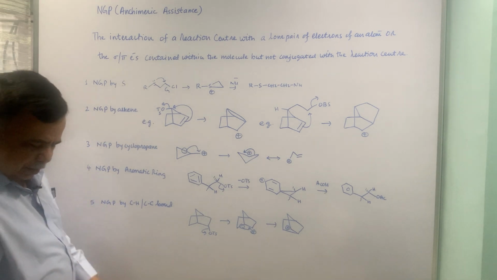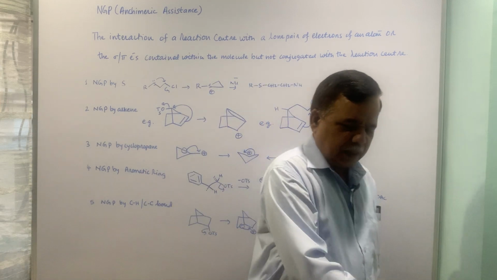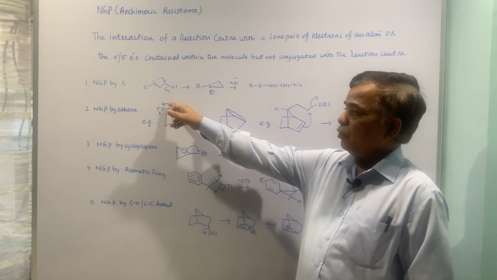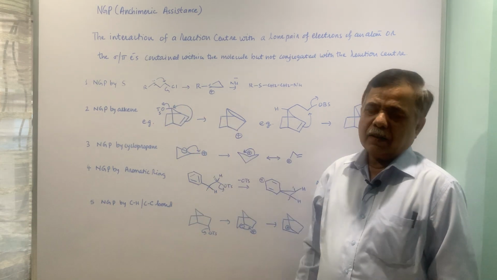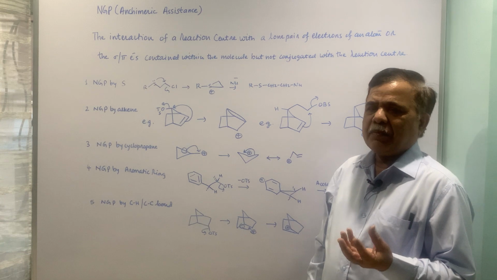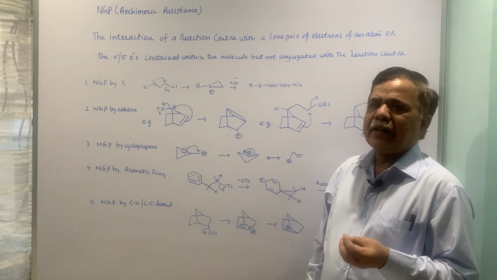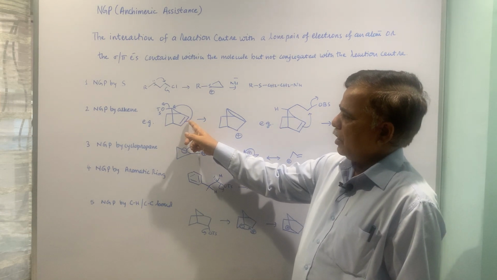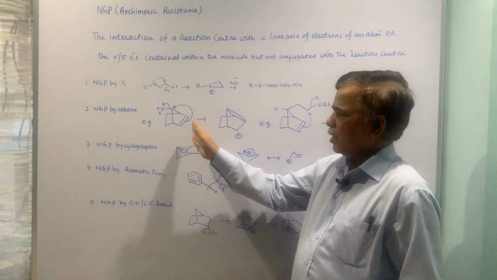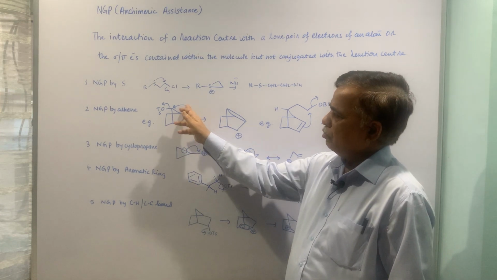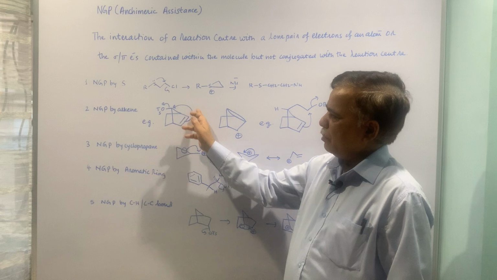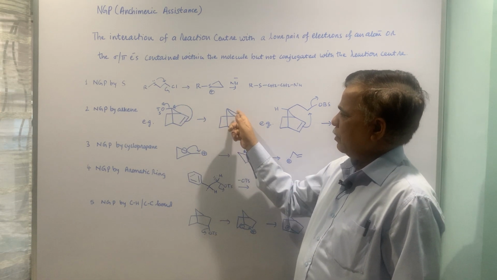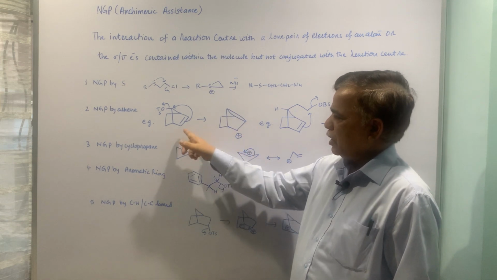One more thing I would like to tell you is that the leaving group triggers the reaction, and once the leaving group departs, then the participating group, preferably the one which is anti to the leaving group, takes part in the reaction. So, here this tosylate is opposite to this double bond. Therefore, this pi bond approaches, you get this 1, 2, 3, 4 membered ring,